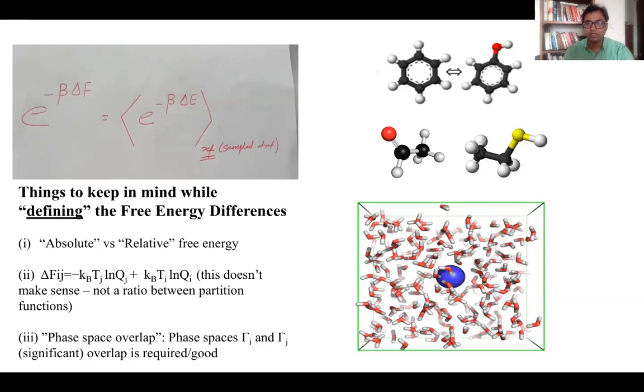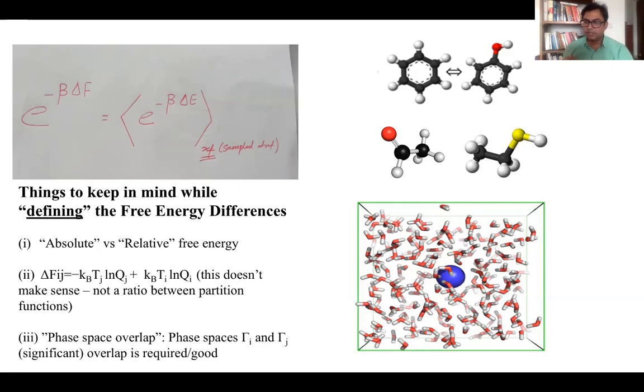So the example that we will run in the class is we will ask the question, if you have an uncharged particle in water, like this, let's say this blue one is an uncharged particle, and you do the simulation like that, right? You take a particle in a box and you just run it with water around it. It will float like a Brownian particle all around. And then you create a column, you calculate the energy of the system.